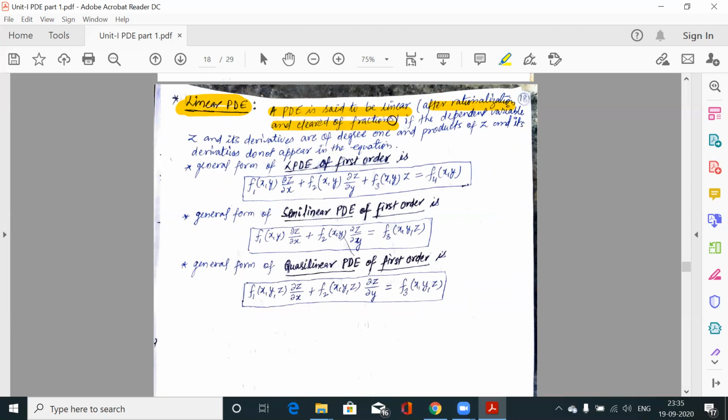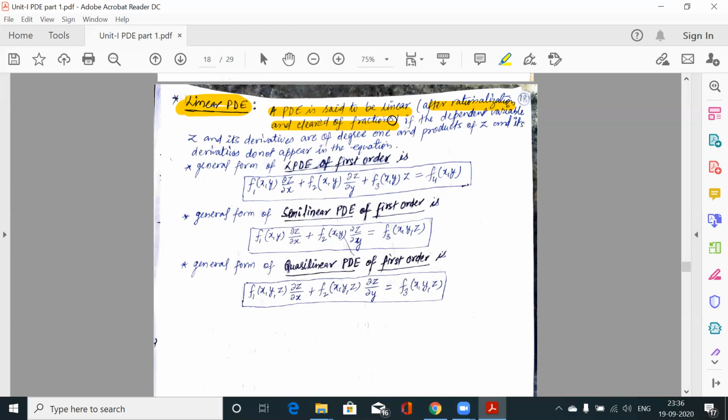I told you what is the degree of PDE. Order is the highest order derivative in that equation, which means the maximum number of times we have differentiated the dependent variable. But what is the degree? Degree is the highest power of the highest order derivative in that equation when it is free from fractional and radical powers of the dependent variable and the derivatives.